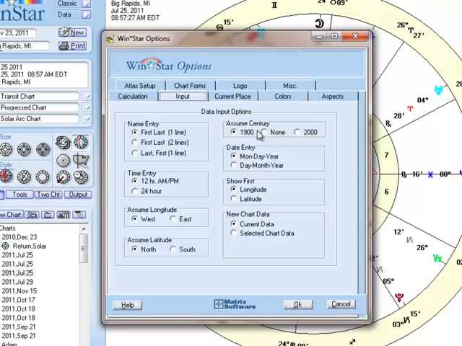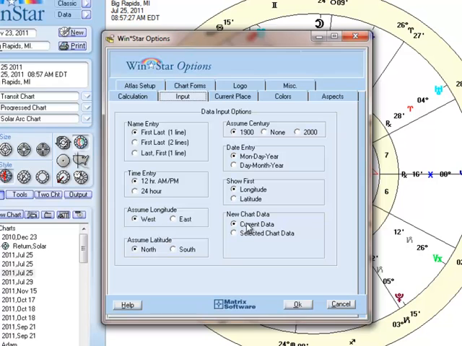For instance, if I entered in 10 for the year, would it assume that it is 10 BC, it is 1910, or it is 2010? I can change between American and European date formats. I can have it show the longitude and latitude first, and I can also, when I'm doing a new chart,